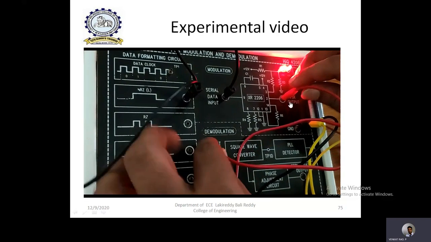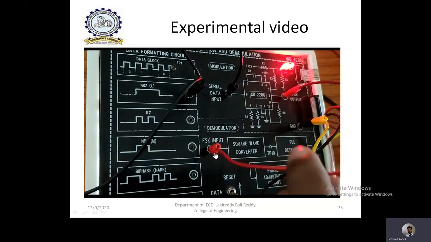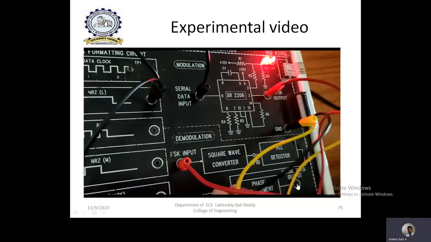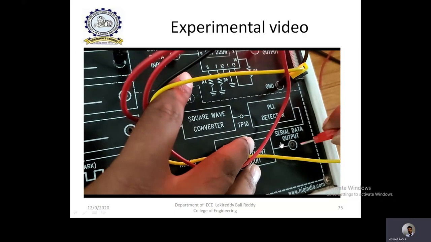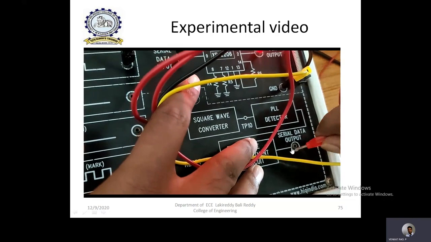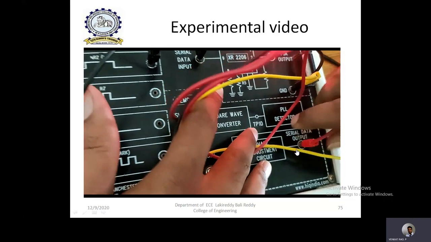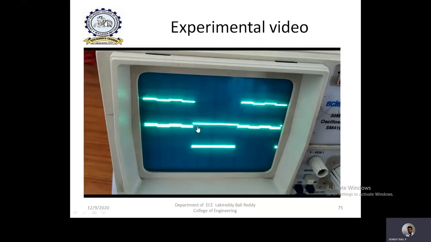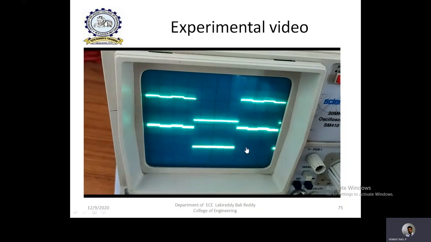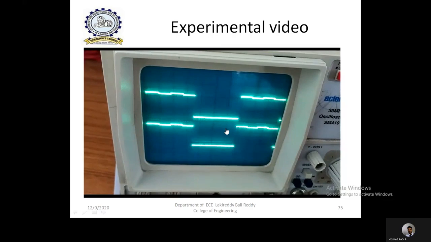Now connecting the modulator output to the demodulation input. Now I am directly observing the demodulated output as a serial data. So here one thing you need to remember is the demodulated output bit sequence must be the same as the input sequence we have applied already. Okay. Now I am observing the demodulated output here. This is the demodulated output, and again I am comparing with the input directly by placing in the dual mode. So both the input and demodulated outputs are exactly same. So that means the same bit sequence is demodulated at the output.